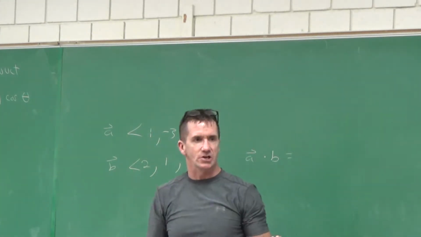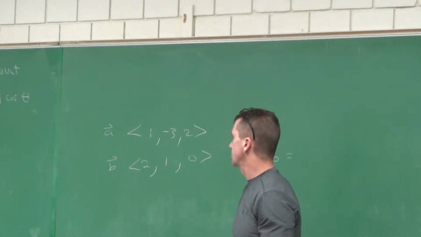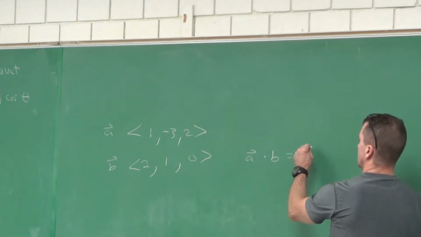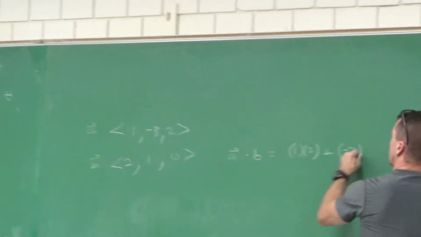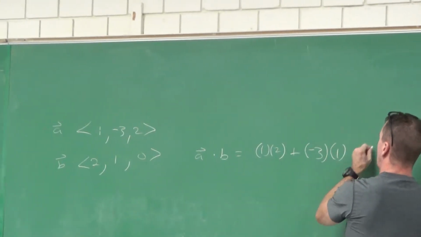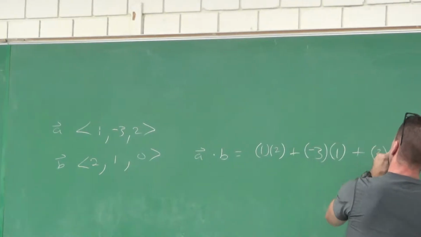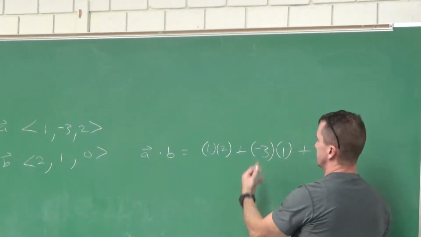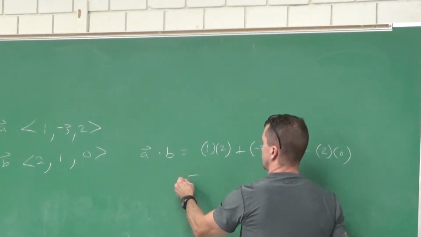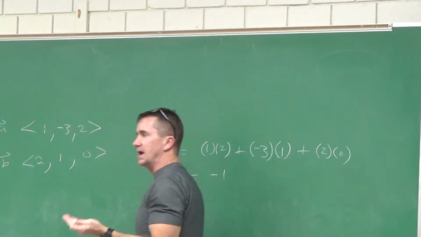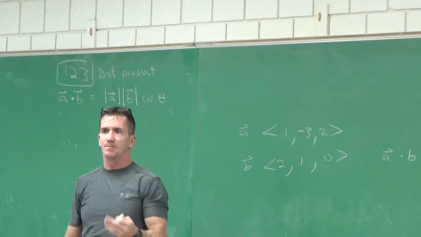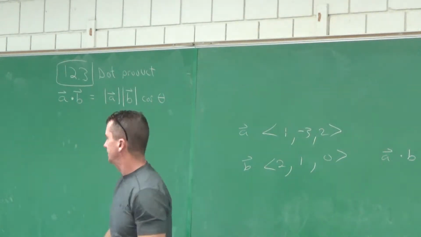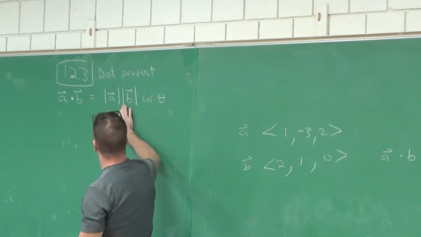It's great. Usually you could do it in your head, right? What is the dot product? 1 times 2 plus negative 3 times 1. I'm writing it all out, but I bet everyone in this room can just do all this in their head. What do you get for the final answer? Negative 1. So dot products can be negative. I wanted to point that out at first. I don't want you to think dot products always come out positive, but it's not a vector, is it? All right. But this is a wonderful, wonderful